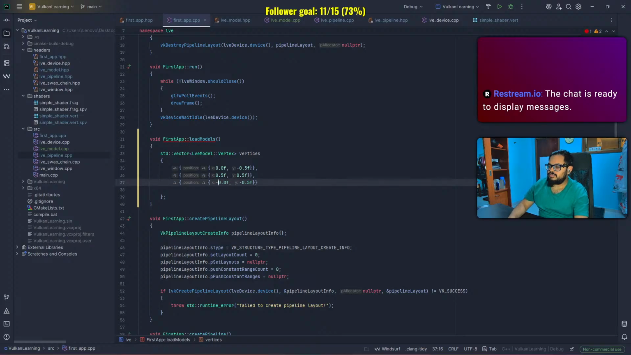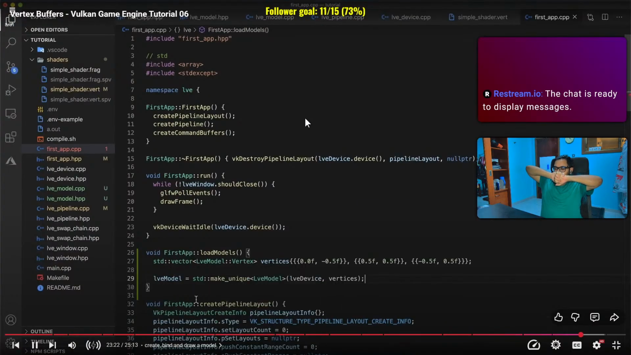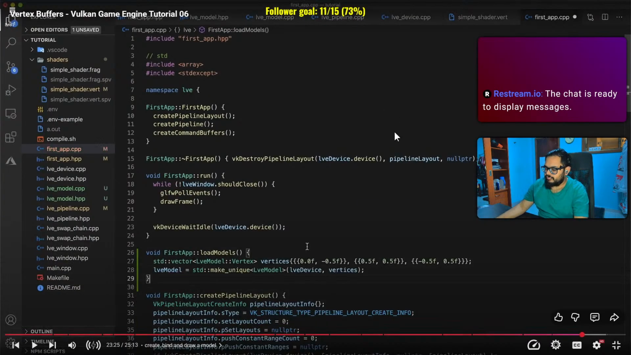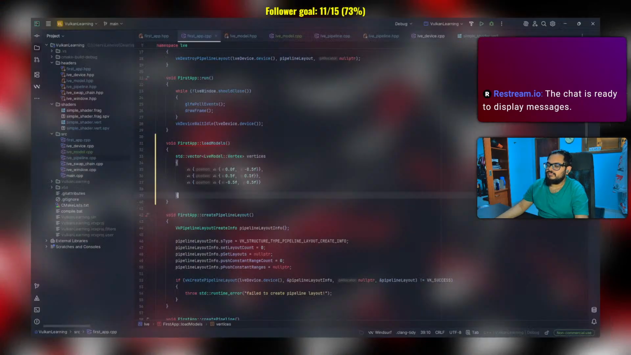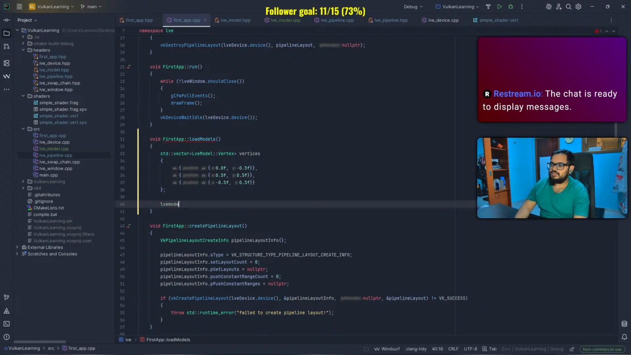And minus 0.5 and 0.5, as the first argument, and vertices as the second. Then in your first app constructor, okay, already model. And for std make unique,